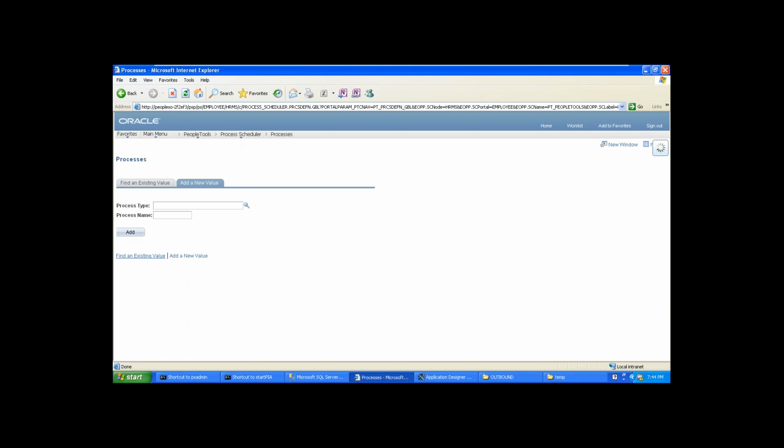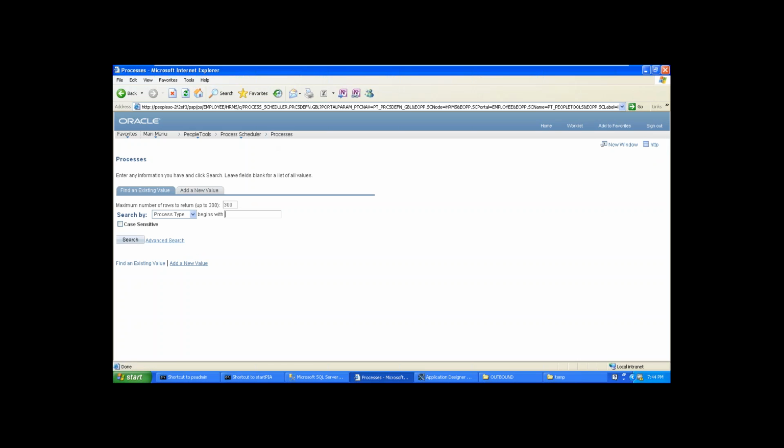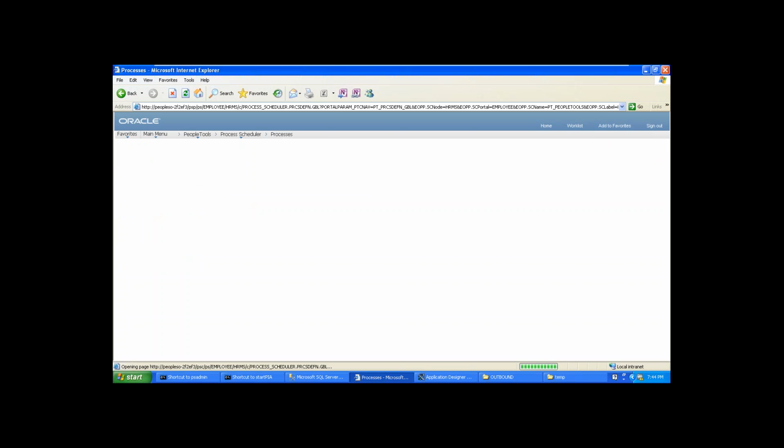Without adding your process here in this Processes tab, you won't run your process from the front end. Add a New Value. Application Engine, and my process name is SRI_OUT.